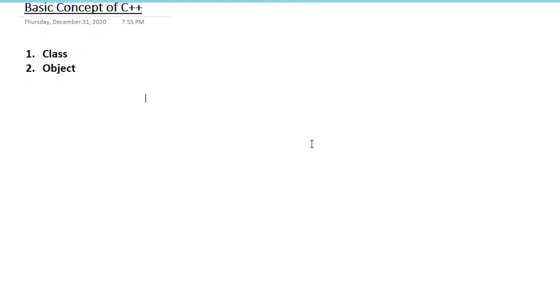Java is a purely object-oriented programming language because we cannot write a program without creating a class.